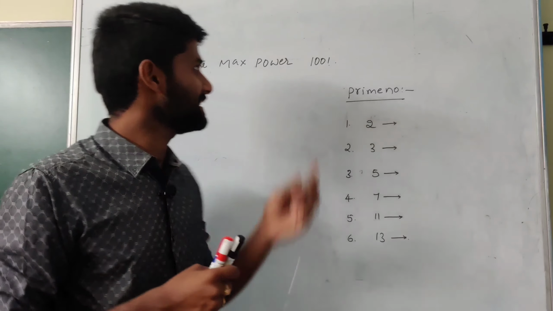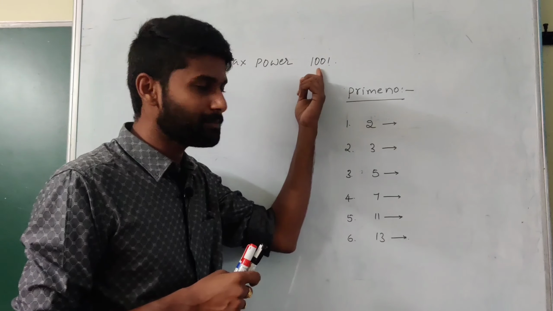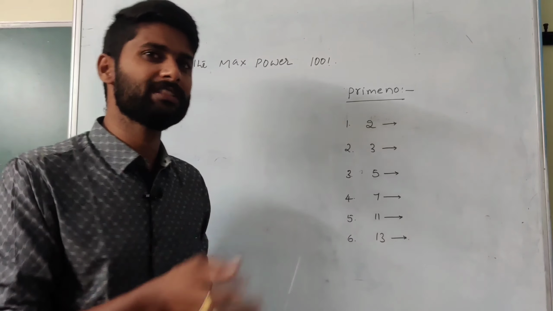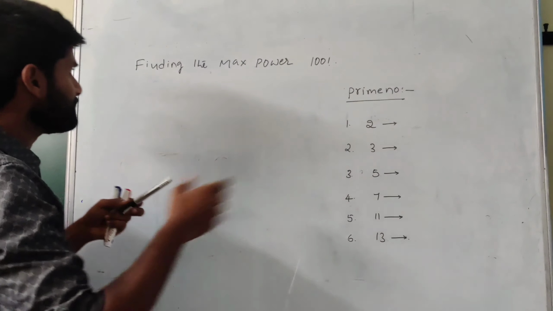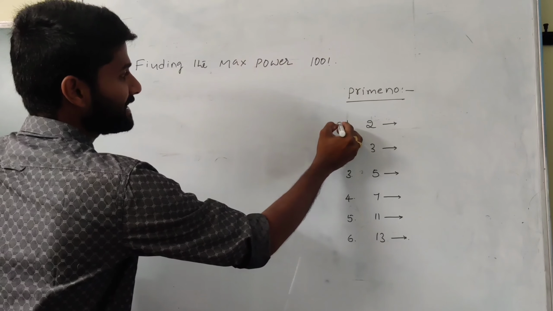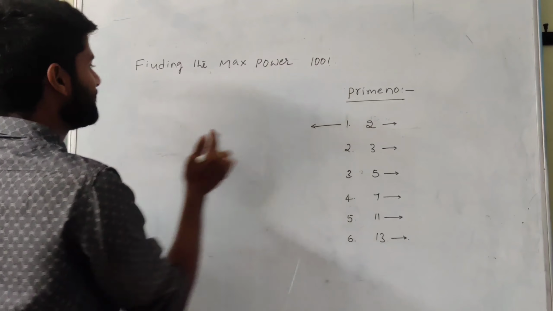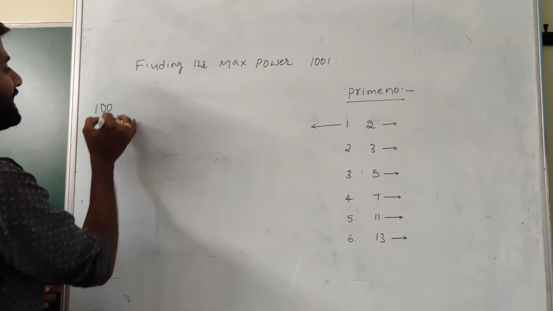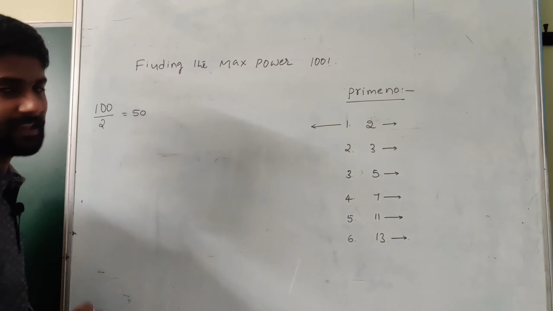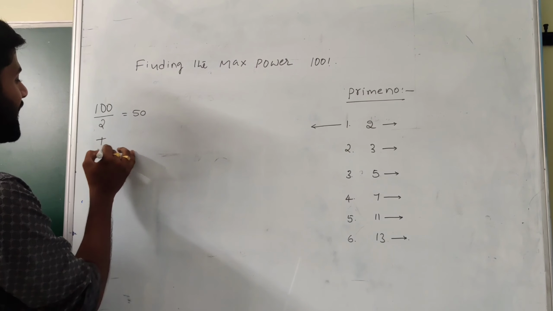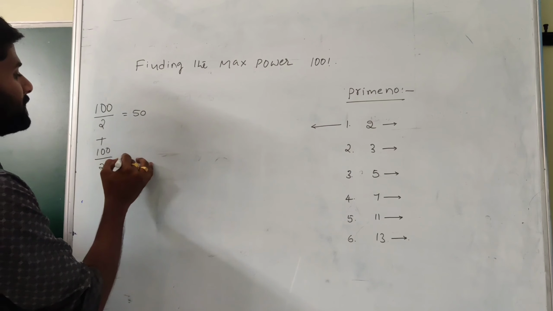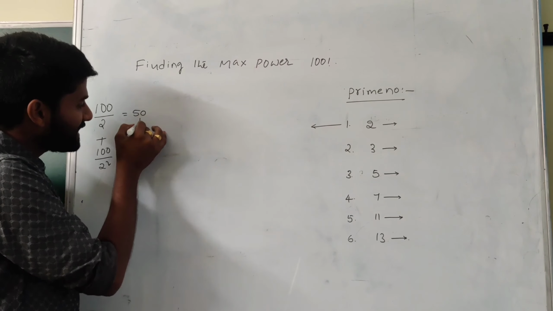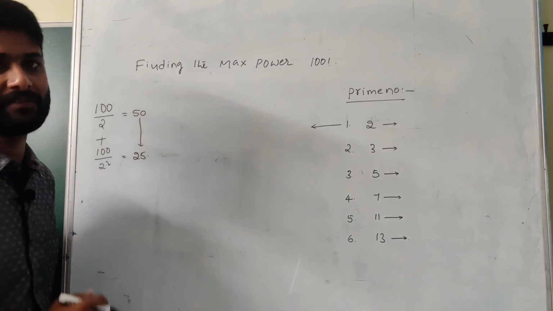I will explain again. See, the numerator is the given number and the denominator can be considered as power cyclic. If you want an easy calculation, first calculate the maximum power of 2. The given number value is exactly 100 and the power value is 2. 100 divided by 2, the value becomes 50. The next value is 100 divided by 2 square, which becomes 25. It means every cyclic term can be considered as a fraction of the previous value.